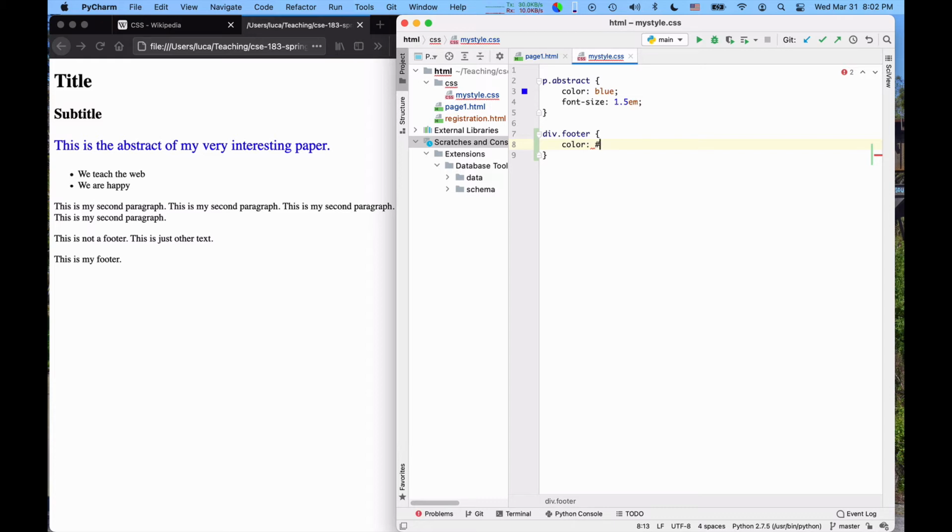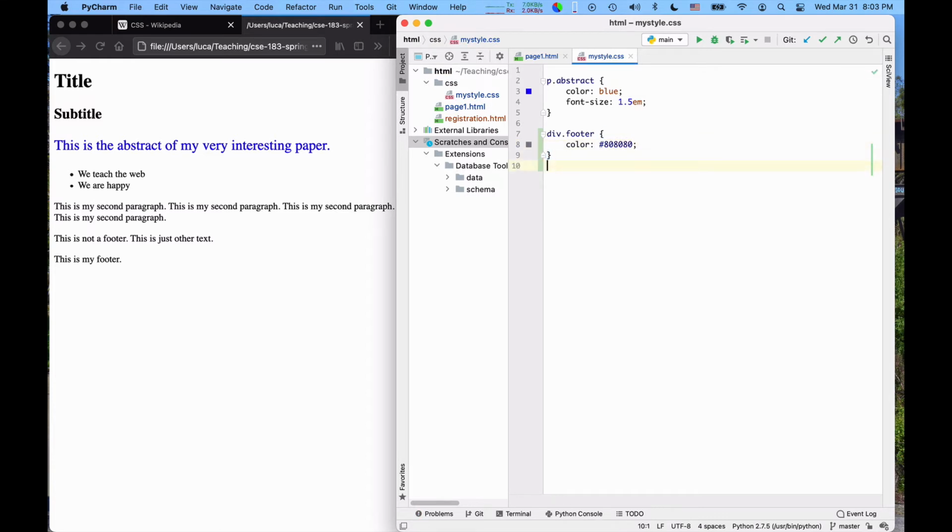For example, if I use 10, 10, 10 in hexadecimal, that will be dark but not quite black. If I use 20-20-20, this will be a little bit lighter. If I use say 90-90-90, this will be quite light. The middle gray, by the way, is 80-80-80. So why not? Let me use middle gray.